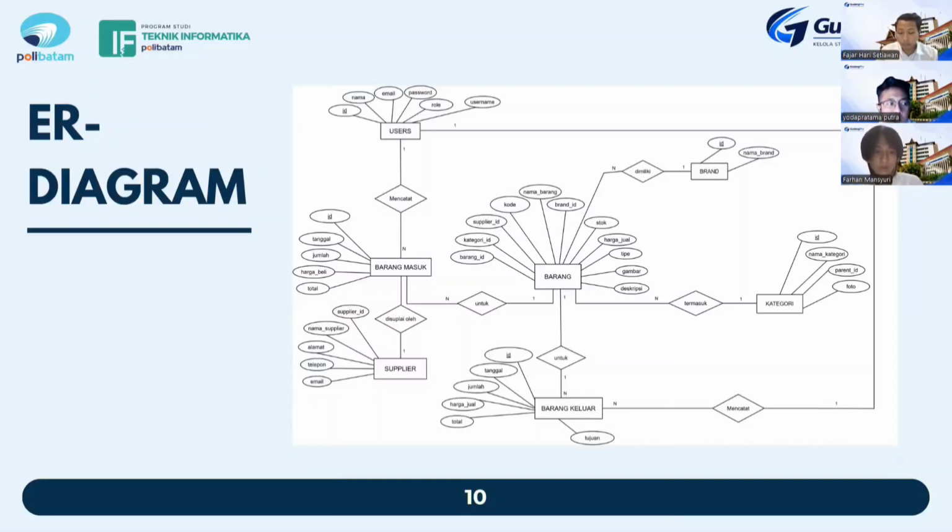Each item belongs to a specific category and brand. Incoming goods are connected to suppliers, while outgoing goods record the distribution of items. This database ensures that all data is well organized, minimizes data redundancy, and supports efficient stock management. Next slide.